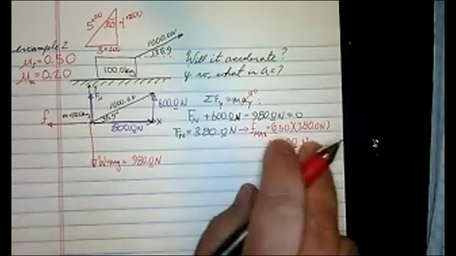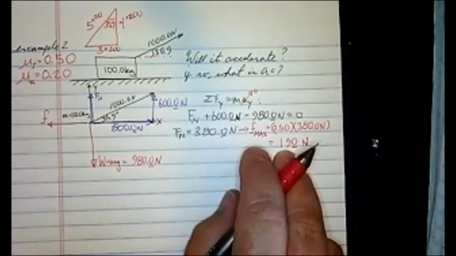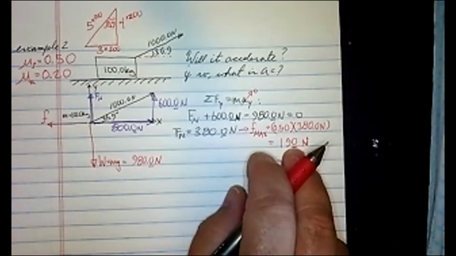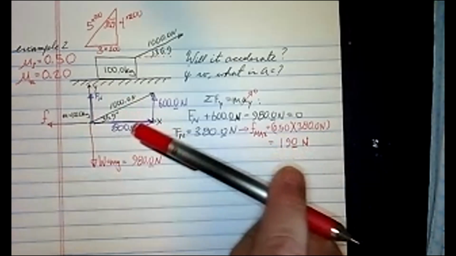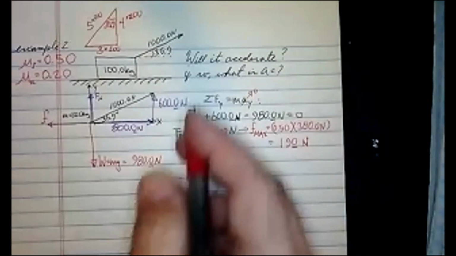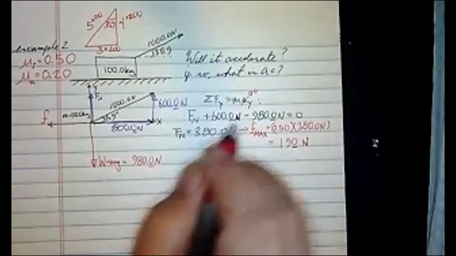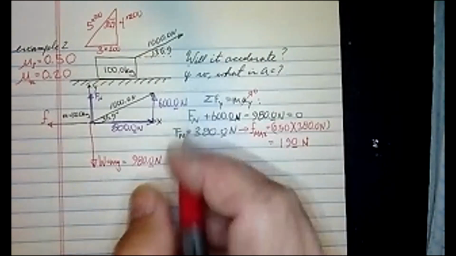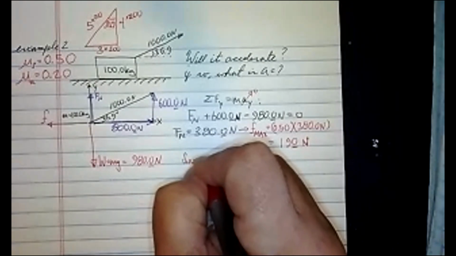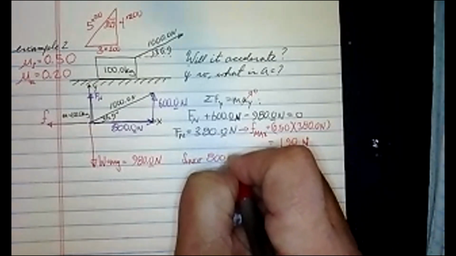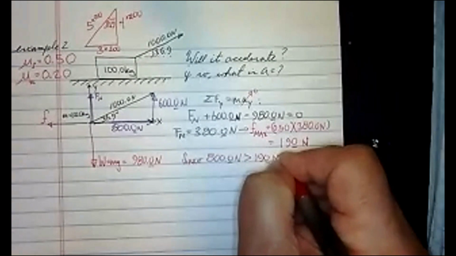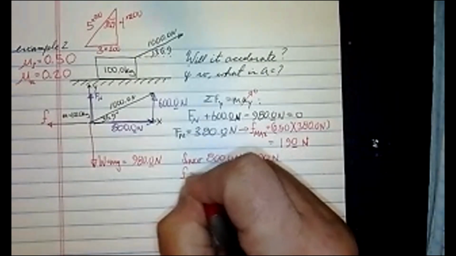So now that I know what F max is, I can make a guess at what the friction force is going to be. The F max is 190. My force that I'm pulling it to the right is greater than that. So we're on the part of the graph where I've exceeded the max force, which means kinetic friction will act. So F kinetic, since 800.0 newtons is greater than 190 newtons,